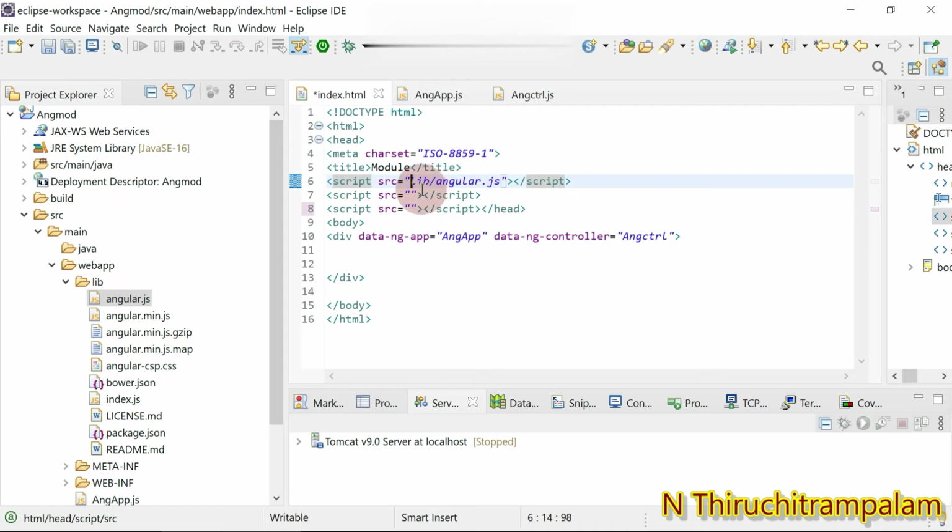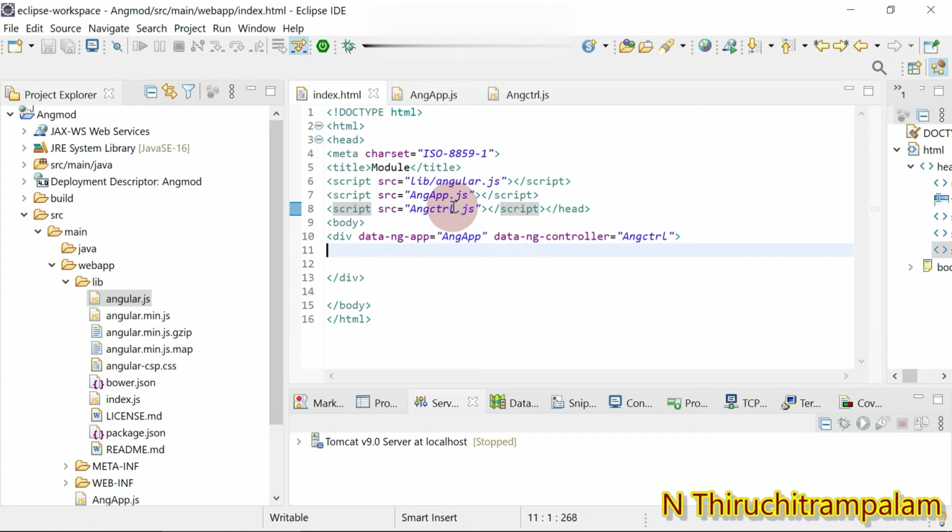One is for module and the other one is for controller. So I'm gonna give ANG-app.js and for controller ANG-CTRL.js. Okay, that's it. So here within this div element, what I do,